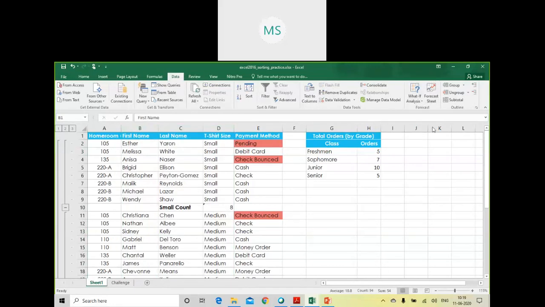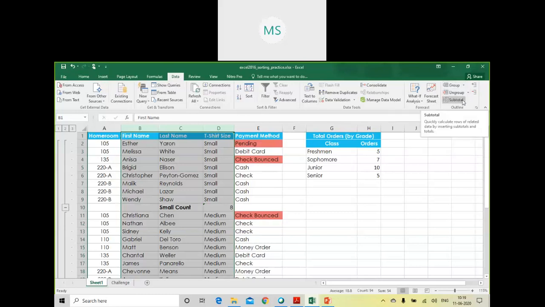When you want to prepare a group of these columns, you can just select them, and then on the Data tab ribbon you can find an Outline section towards the right hand side of your screen. You can find an Outline subsection on the Data tab, and there you can find these three options: group, ungroup, and subtotal.